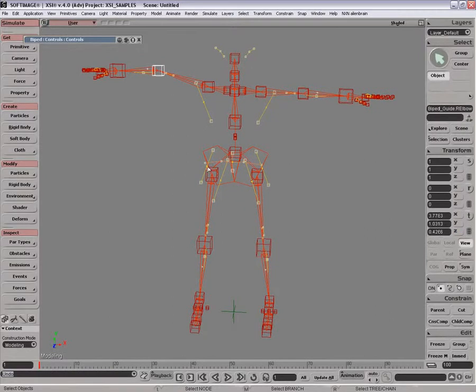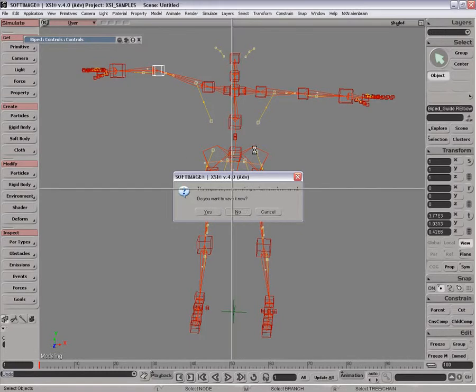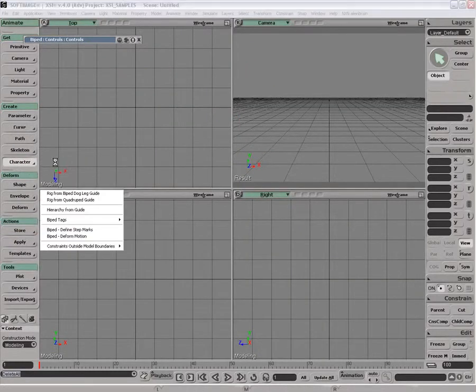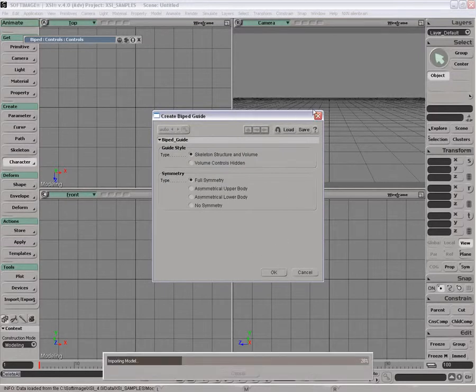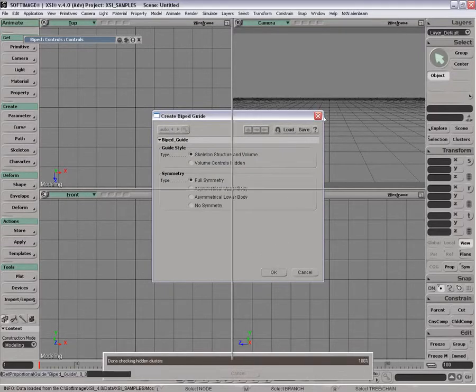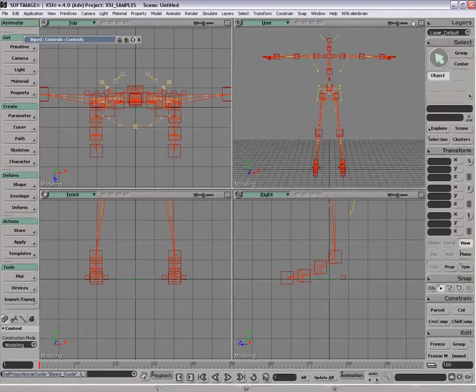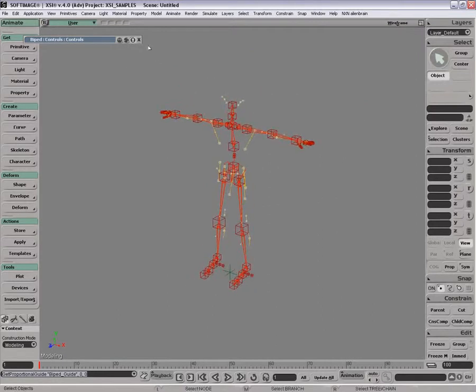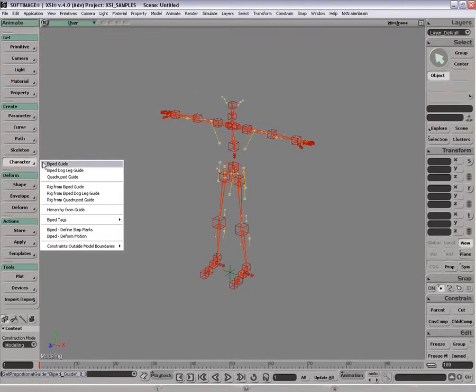So next thing we're going to look at is a little bit on the feet. We've looked at the fingers. Let's start looking at the spine type. So I'm going to get rid of this guide and then go get a new one. So character, we're still working on the biped guide, still sticking to the basics here. And let's say we want to have a different spine type. So I'm just going to create a couple rigs here. So we looked at the other